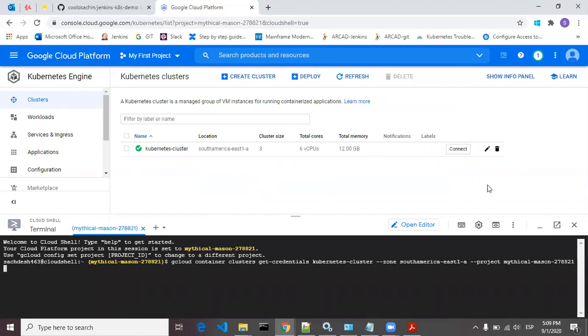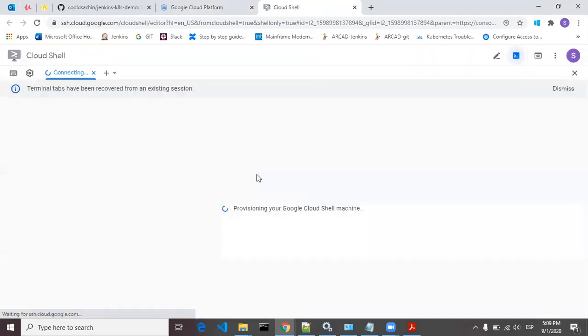You can open this Cloud Shell terminal in a new window as well. So I just have to click there and you will see your Cloud Shell open here.